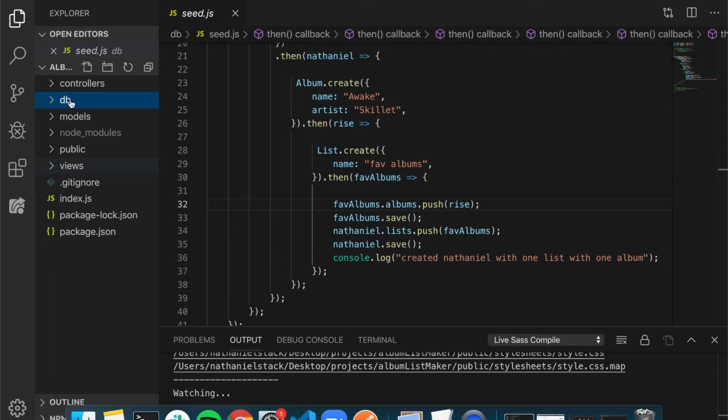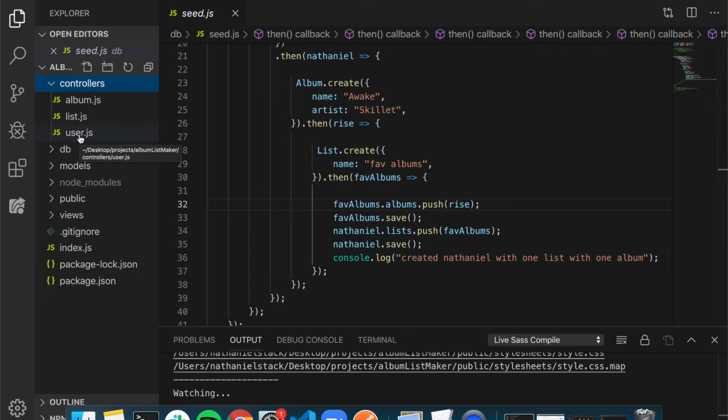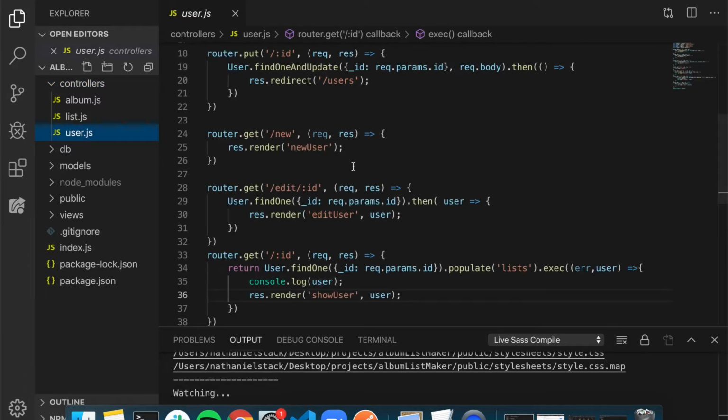And so now we can talk about the next problem that we ran into, which is if we come over here to controllers and go to user. The problem with the method that we are doing right now is MongoDB is not technically a relational database by default. So that's why we have to add those manual references in there. Now what that is, we said it was a reference to an object ID. So in reality, our